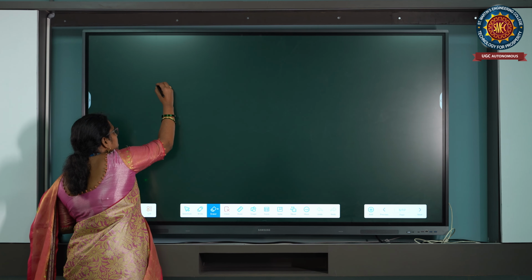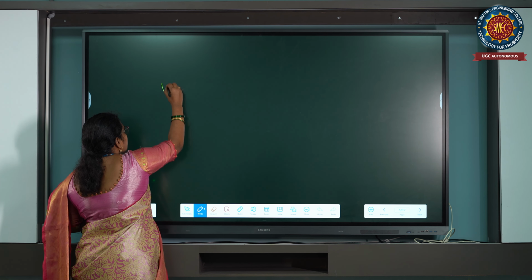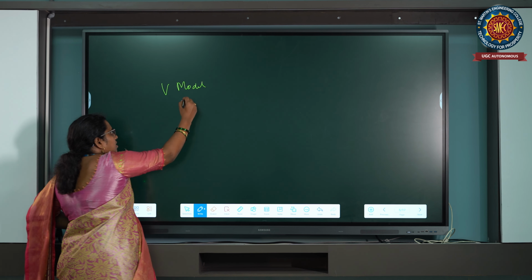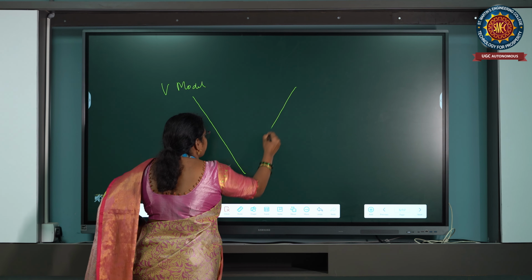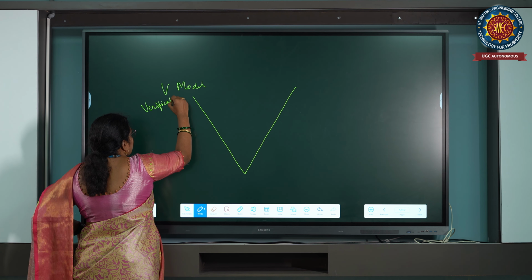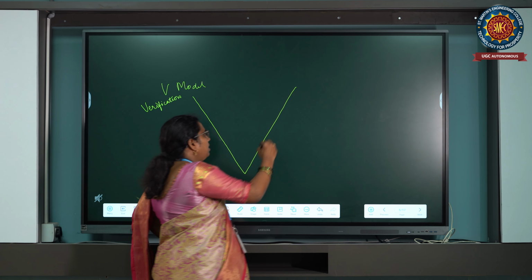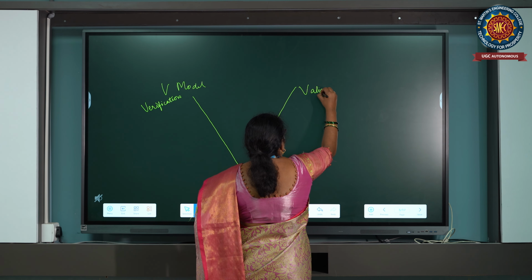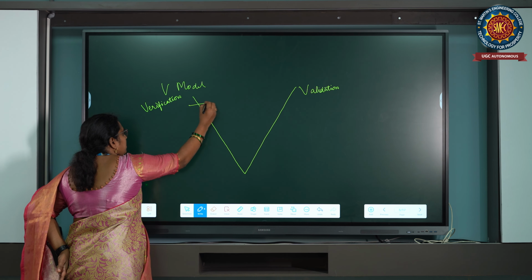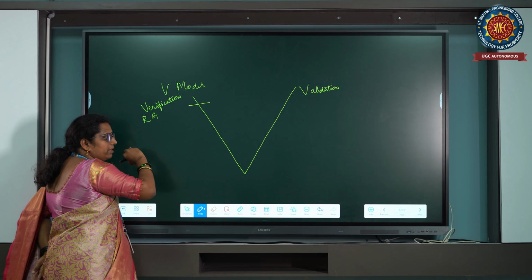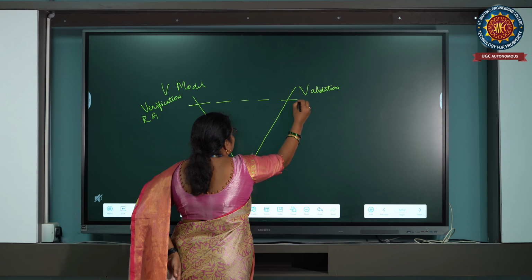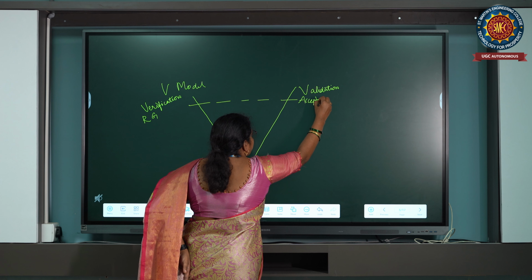Now the next model is called the V model. In this you have two types, right? The left one is called the verification and the right one is called the validation. Now the same phases you are going to do but differently, right? What is the first thing you are doing? You are gathering the requirements from the customer, right? Now immediately they are going to test it. That is called acceptance testing, right?